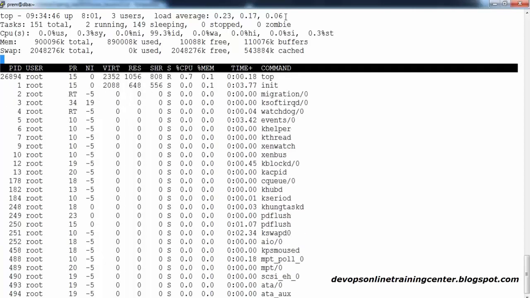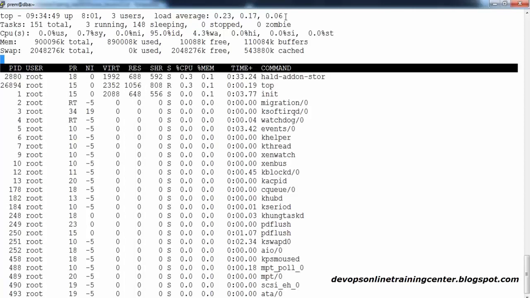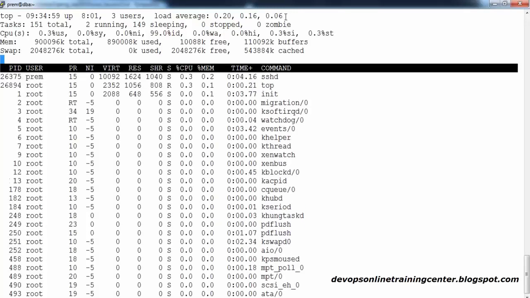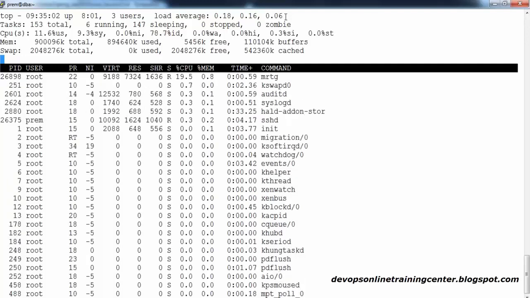So if that is the case, when you type a command in the terminal, it will take some time to give a response. That much load will be there when the memory and CPU are utilized very well. Right now this is a very lightweight VM and nothing is running over there, so that's the reason the load on it is 0.